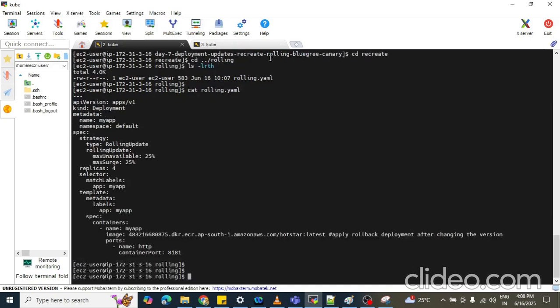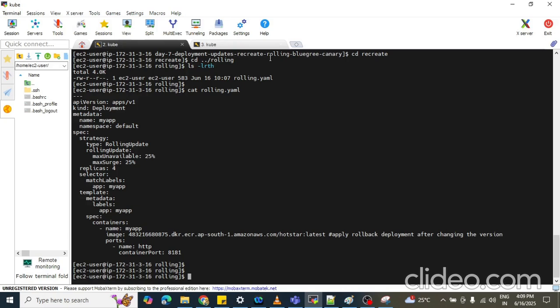Now let me explain each and every line so that it will be easy for you to understand the concept of rolling updates. First of all, let me give some overview about rolling updates. If we deploy our application using rolling update, we can get near to zero downtime.